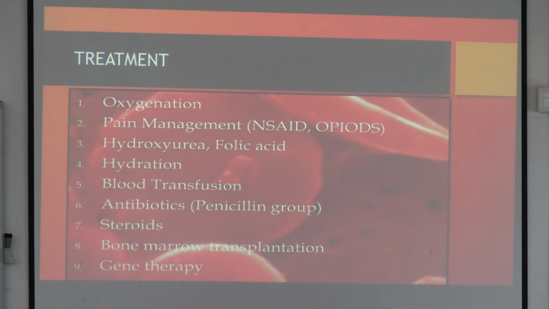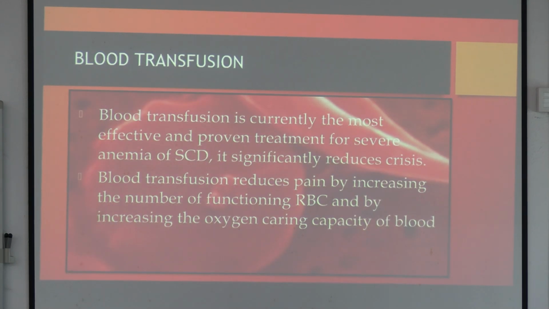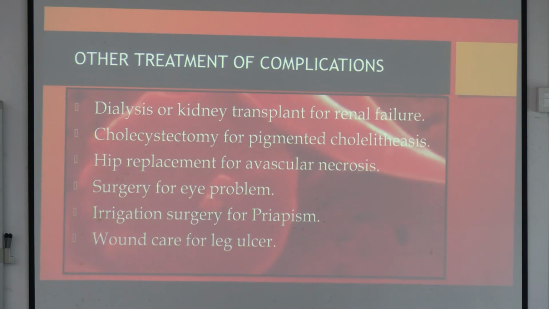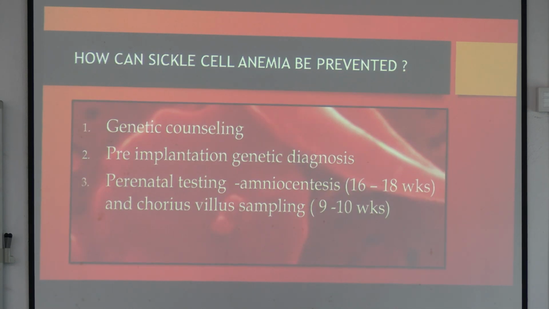ট্রিটমেন্ট, অক্সিজেনেশন, পেন ম্যানেজমেন্ট, হাইড্রক্সি ইউরিয়া এগুলো দেয়, ব্লাড ট্রান্সফিউশন, স্টেরয়েড, বোন ম্যারো ট্রান্সপ্লান্টেশন, জিন থেরাপি। ব্লাড ট্রান্সফিউশন মোস্ট অ্যাফোর্ডেবল, মোস্ট ডেফিনেটিভ বোন ম্যারো ট্রান্সপ্লান্ট অ্যান্ড জিন থেরাপি। আদার ট্রিটমেন্ট কমপ্লিকেশন, চোখের জন্য চোখের ডাক্তার, আর হচ্ছে সার্জারির জন্য যদি কোনো স্প্লিন কেটে বাদ দিতে হয় বা গলস্টোন হলে সার্জন দেখবে, কিডনি ফেলিওর হলে ডায়ালিসিস, হিপ রিপ্লেসমেন্ট ফর দ্য পেশেন্ট অফ অ্যাভাসকুলার নেক্রোসিস। তাহলে মোস্টলি আর সাপোর্টিভ, যেইটা সিমটমস তার চিকিৎসা, তার ট্রিটমেন্ট।